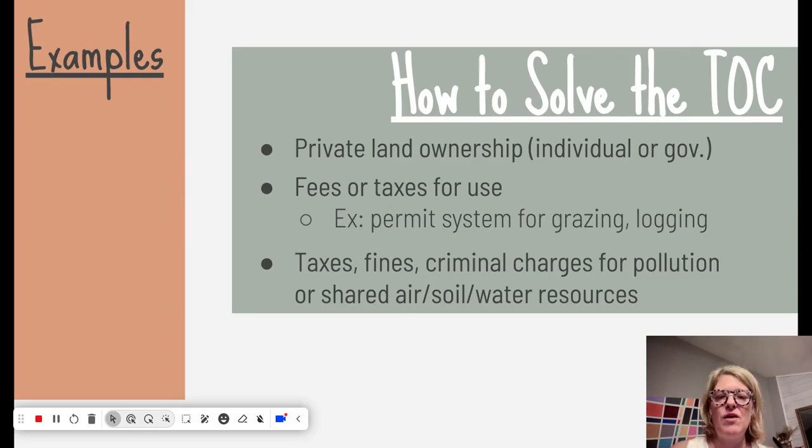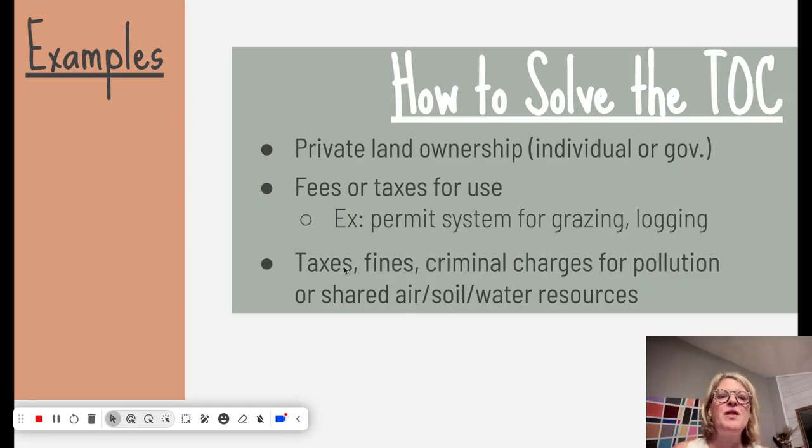So you're basically creating a permit system for cattle ranchers for grazing of cattle or sheep, and for loggers who are coming in and cutting down trees, instead of it being a free-for-all. Now we're going to have a permit. We're going to have to pay for the trees that we cut down. And so fees and taxes are a really good way to solve any environmental issue, especially when it involves tragedy